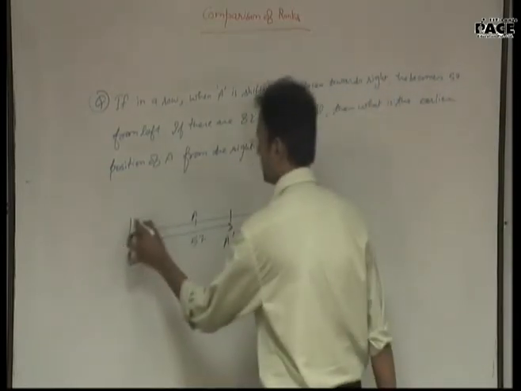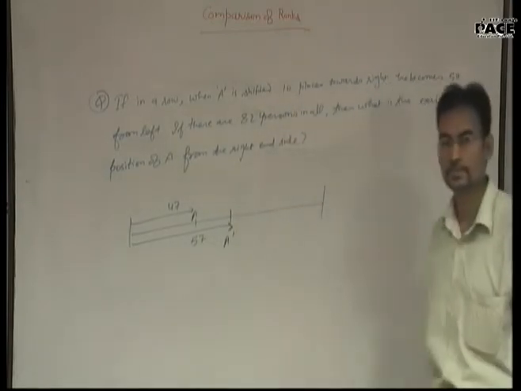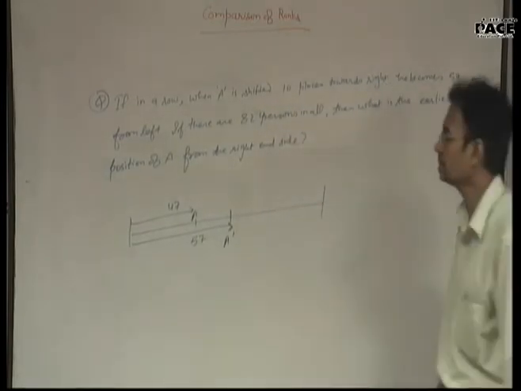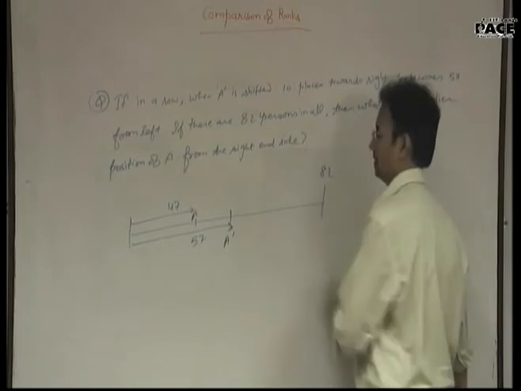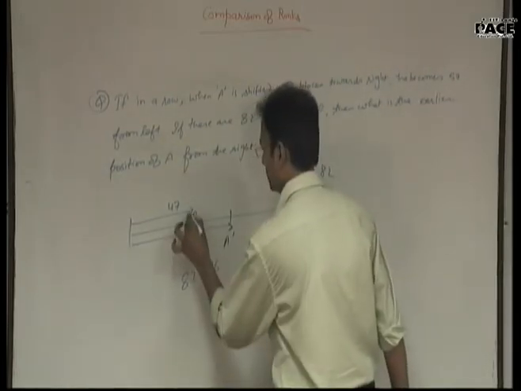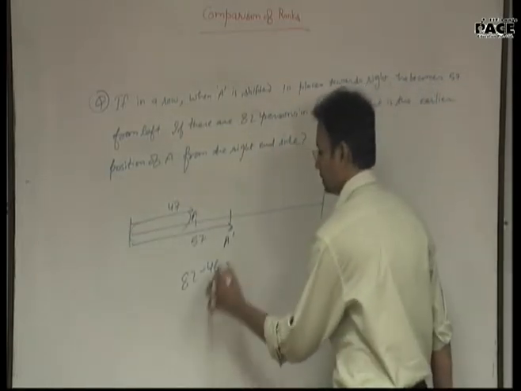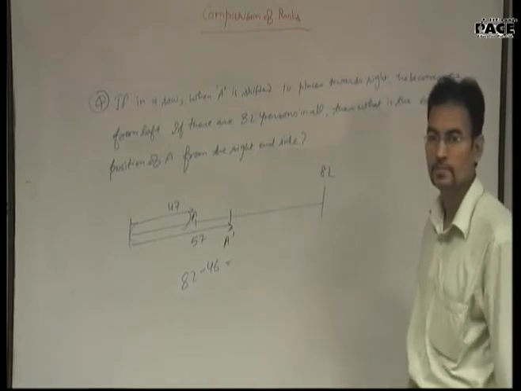And this position was 47th from left. There are in all 82 persons. So either we can subtract 82 minus 46, whatever left here, which will give you the direct position of A,